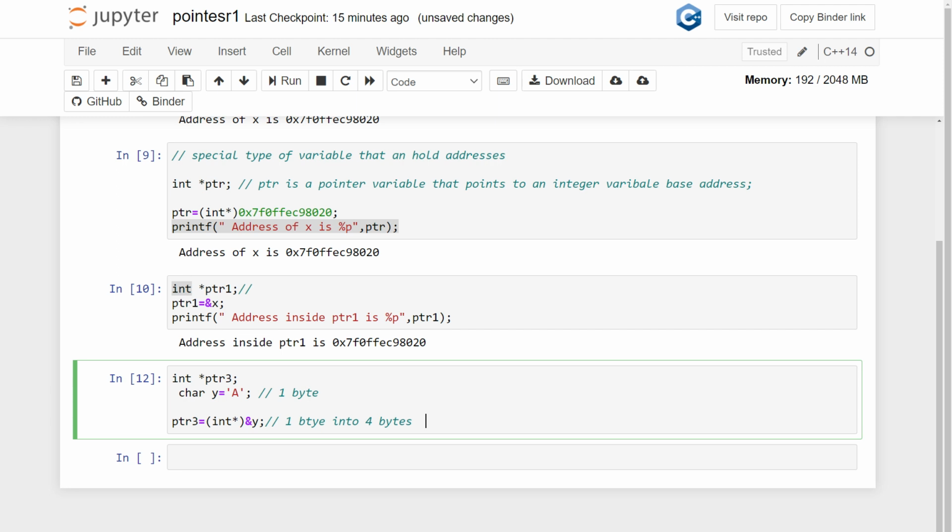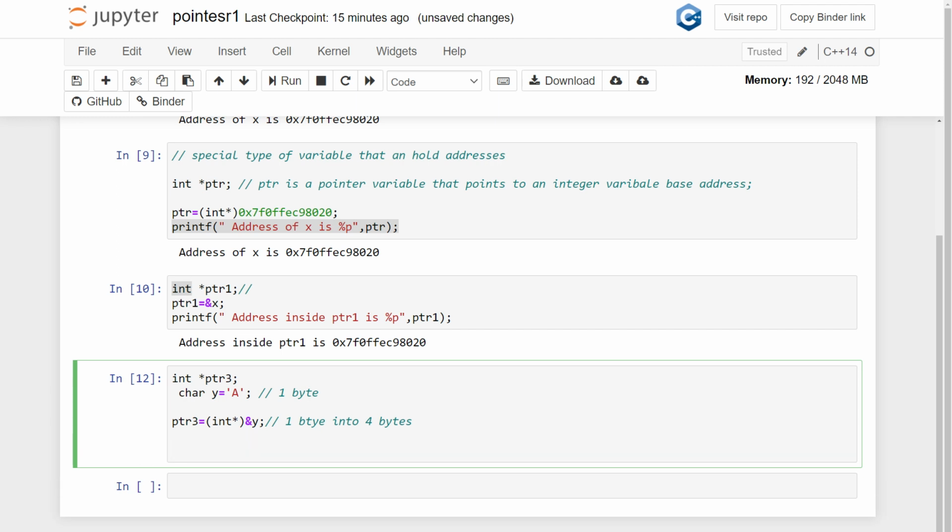So if you try to print these values, can you tell me what will be inside this particular PTR? I have not touched this pointer. Whenever I want to fetch the value inside this address, I just put the star over that address.